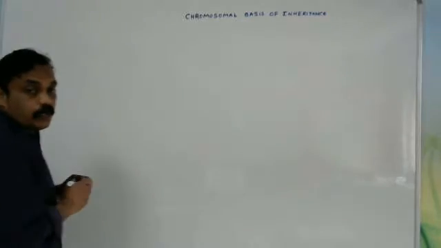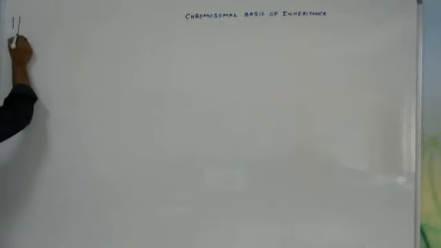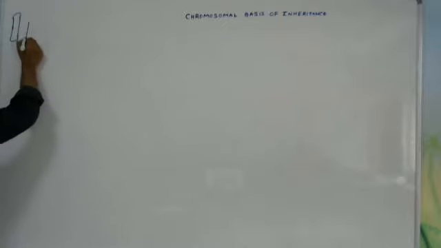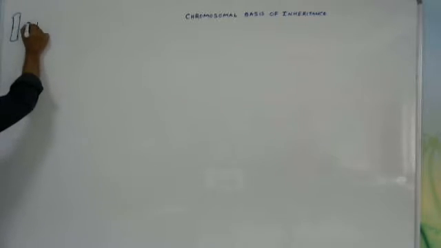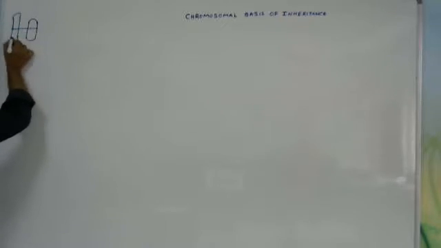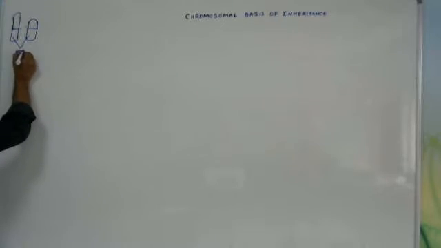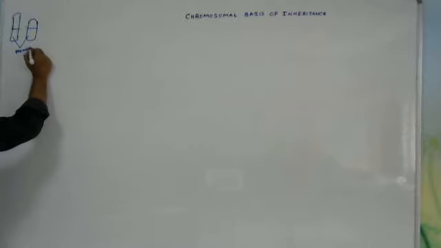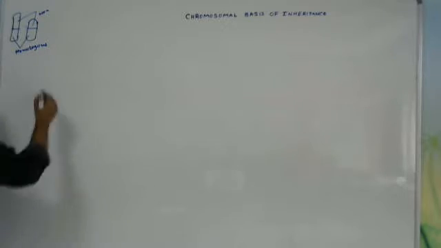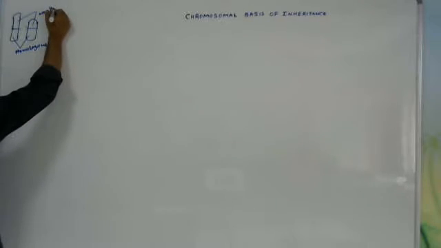For example, the sex chromosomes we generally know. I'm drawing them small in size. This is the X chromosome. Generally, this is the Y chromosome. In the X and Y chromosomes, these are the regions we can call homologous regions, which have the same type of genetic material, and these we can call non-homologous regions. Is that visible? Yes, non-homologous regions.